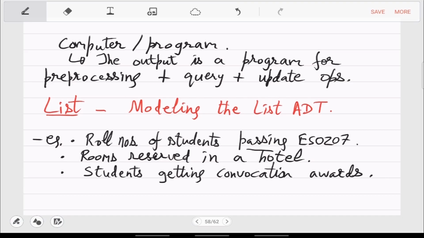But one thing, with respect to computers, there is only one thing in common, which is that it is a list of either names or numbers. Right? So you want to store that list. So that is the thing which is common.